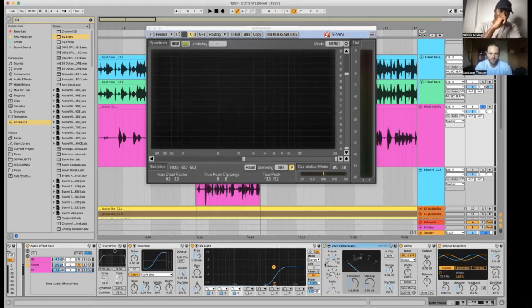The compressor, because for a long time when I was learning how to add brightness to a vocal, on YouTube they teach you just boost the top, compress, boost the top, compress, whatever. But what is responsible for the presence is a combination of the frequency and the attack.